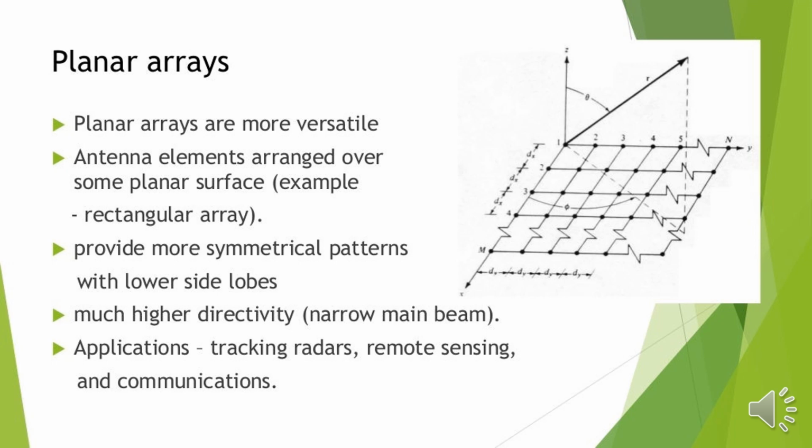So the next type is the planar array. Planar arrays are more versatile. The antenna array elements can be arranged over some planar surface. You can see in the PPT we have taken a rectangular array and the antenna array elements are placed over the planar surface, and it will have symmetrical patterns with lower side lobes. Coming to the directivity, it will have a narrow main beam. And the applications where planar arrays are used are tracking radars, remote sensing as well as